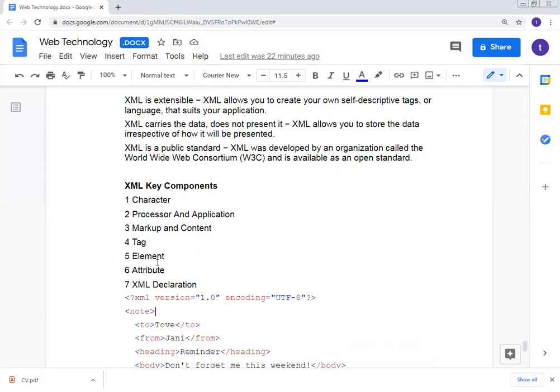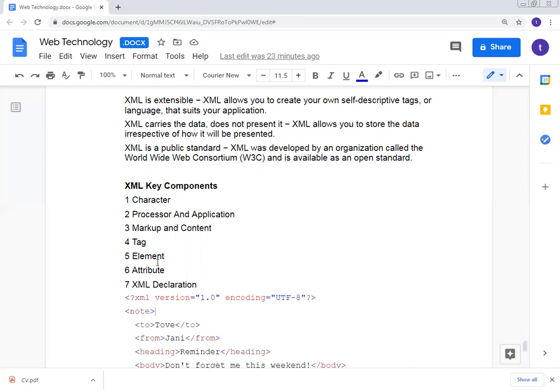HTML stands for hypertext markup language and XML stands for extensible markup language. HTML is a markup language itself, but XML provides a framework for defining markup languages. We use HTML for presentation purposes, and XML is not for presentation.